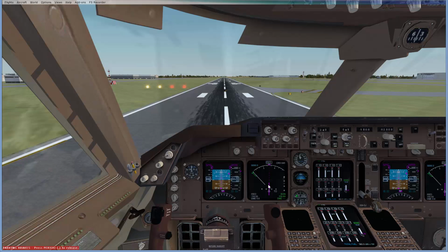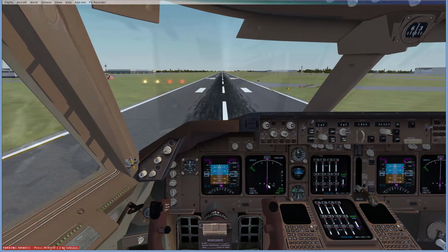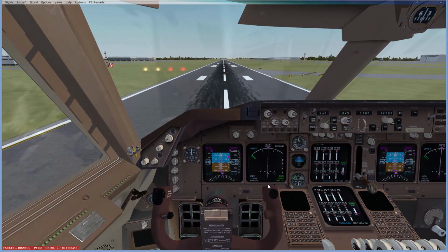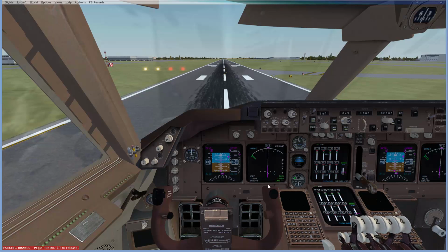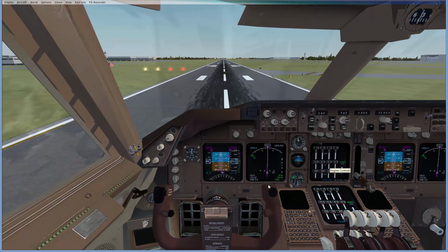So I think we're just about ready to go. So I'm going to hit the auto throttle to on, press the speed button, and you should find down here the throttles are starting to move forward. I'm not doing anything with any of my keyboard or joystick here. It's all being done via the auto throttle and the speed. Now as we're coming up to 90% engine power, I'm going to release the brakes,